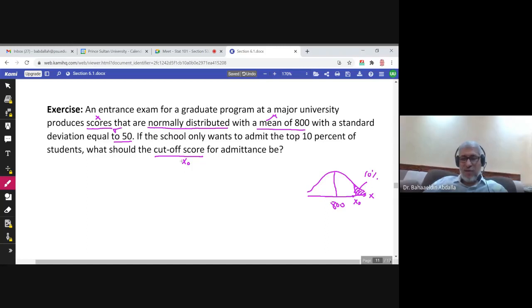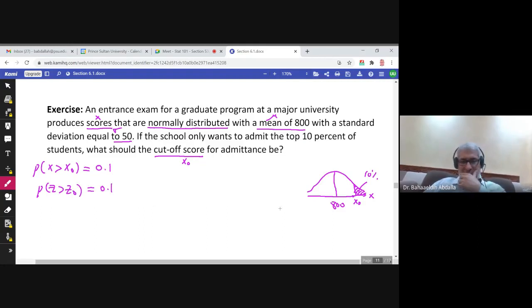So what information do you know about x0? I know that the probability that x is greater than x0 is 0.1, 10%. Or if you want, you can write the probability that x is less than x0 is 0.9. Both are correct. So the question: find x0 so that the probability of x greater than x0 is 0.1. That's actually this exercise. So to find x0, we mentioned last time that we change it to z0,